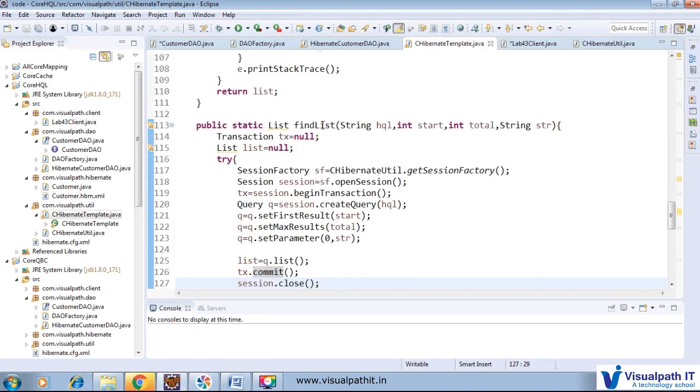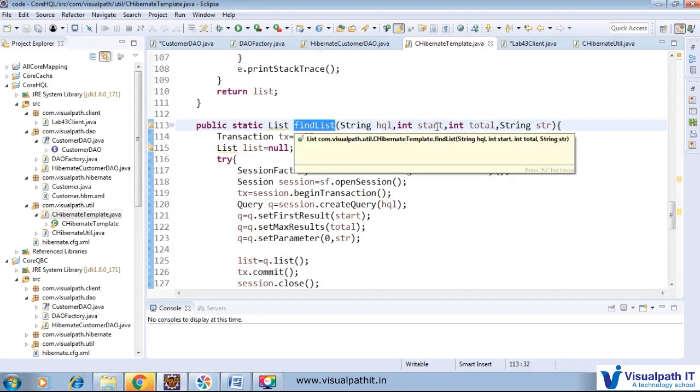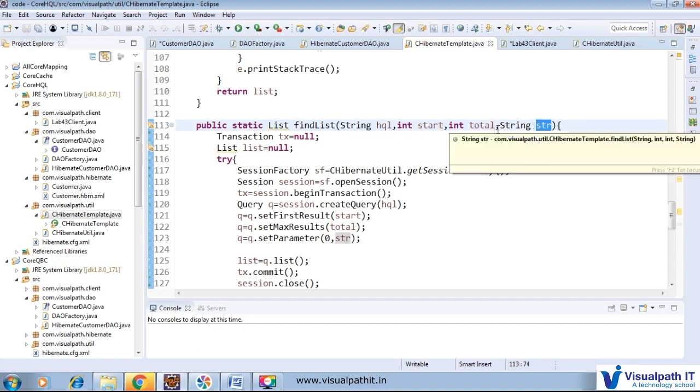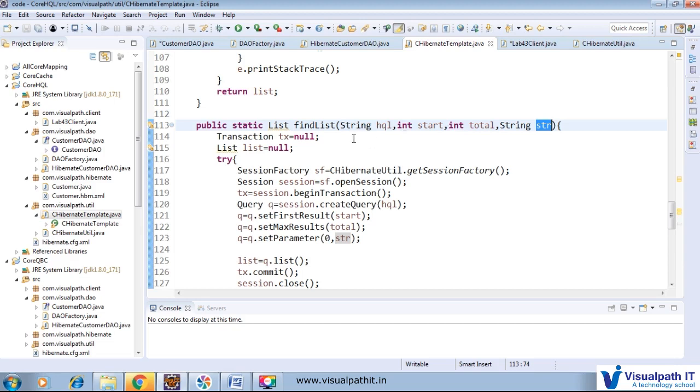The next find list utilizes the pagination concept. Here we have a start, here we have a total, and here we have a string str. We will see how we can utilize this pagination concept.